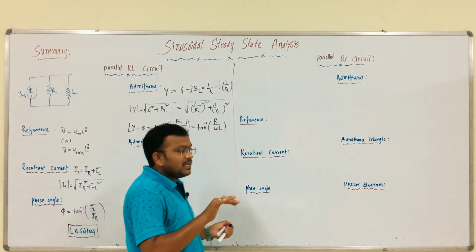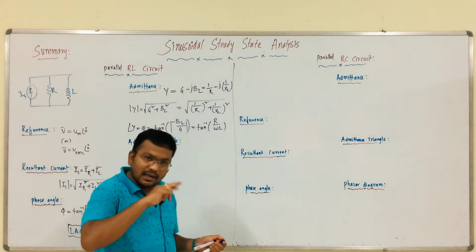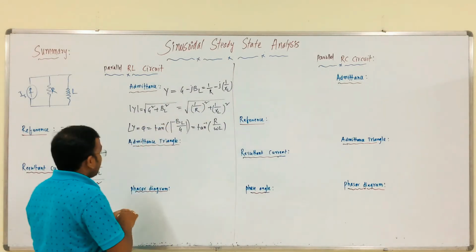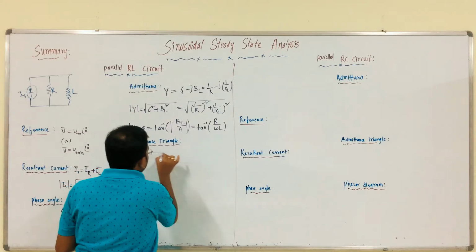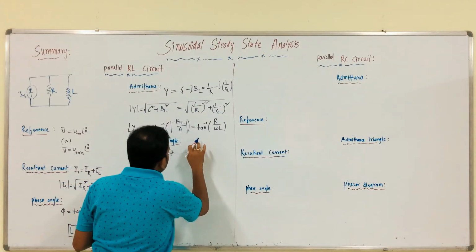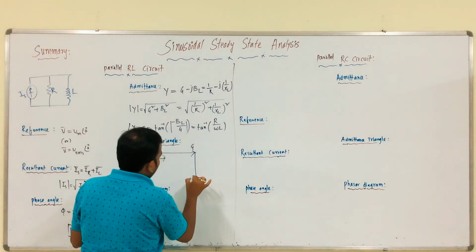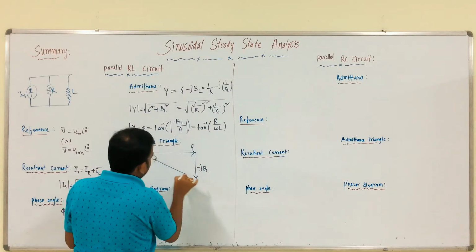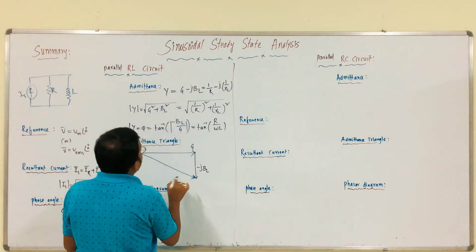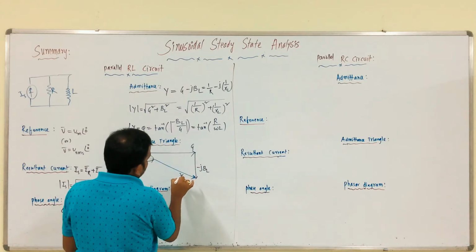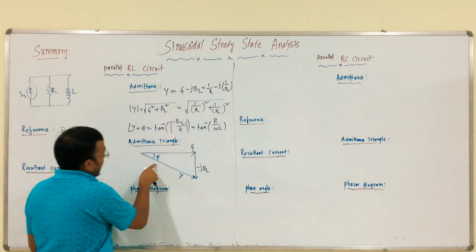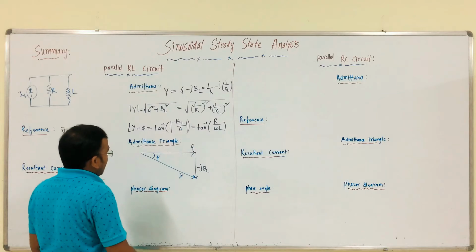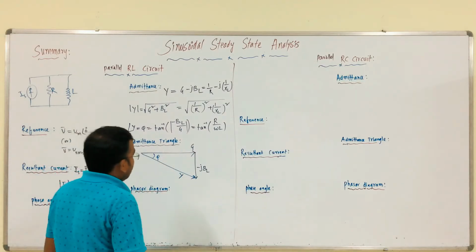So there we have resistance, inductive reactance, like that in impedance. Here we have what? Admittance, conductance and susceptance. Then this is G, okay. Then we have this is minus jBL, then we have the resultant. This is what? Y, okay. This is Y, this is the phase angle. See, tan phi is equal to what? BL by G, BL by G. Clear? From this we get the phasor diagram. See, here the reference is what?